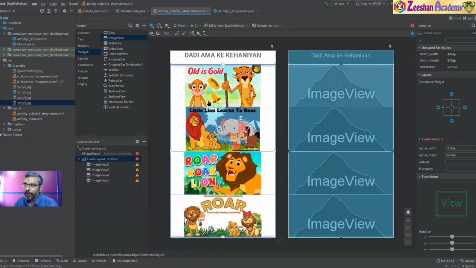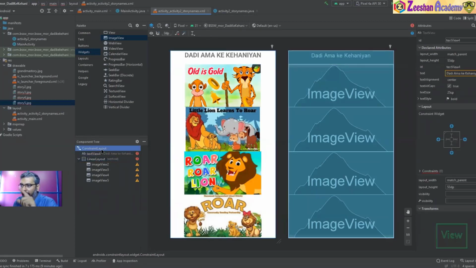If you do constraint layout, you can do that here as well. But for constraints, you will have to set constraints. It sometimes creates complications. So what I did now is I have a constraint layout, and inside it I have a text view. It shows a red dot, the constraints are not set. So the easiest way to set the constraint for this component is not doing it physically here, but